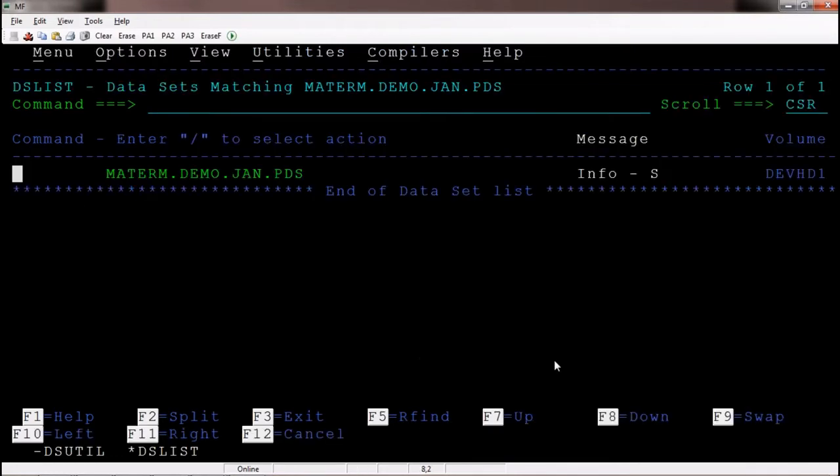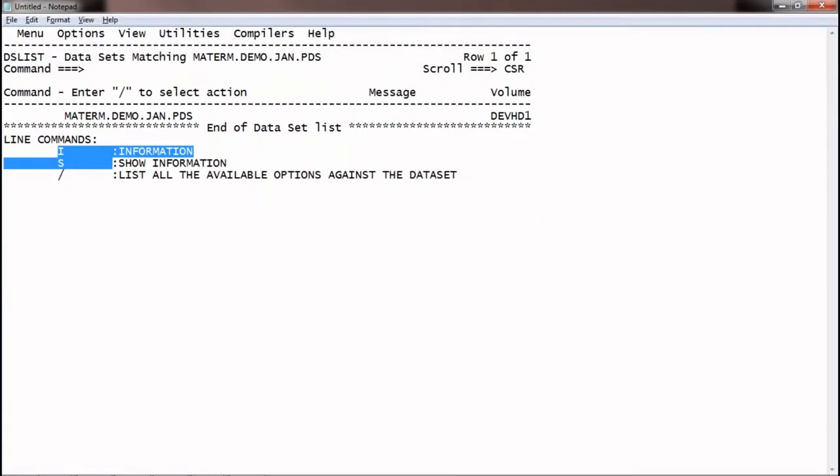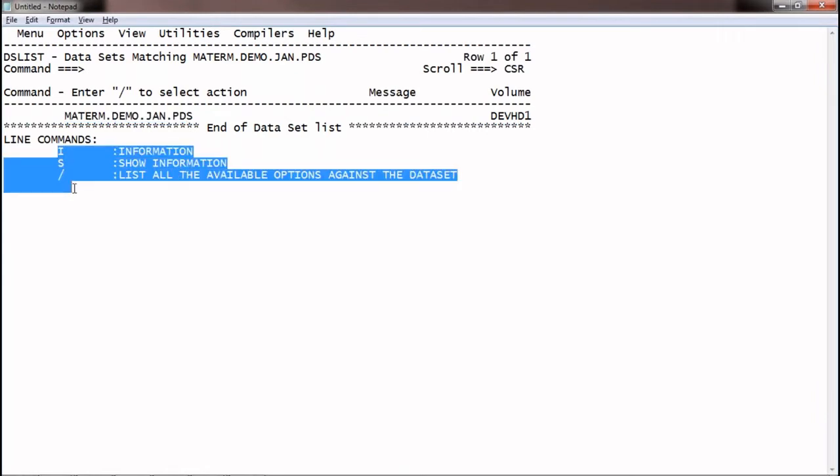In this way, we can see the data set information. These commands are valid against a PS file also. Whatever I am listing at this moment, we can execute against a PS or flat file or sequential file also.